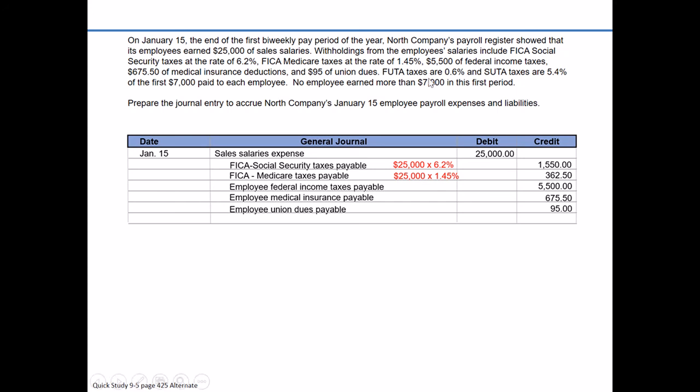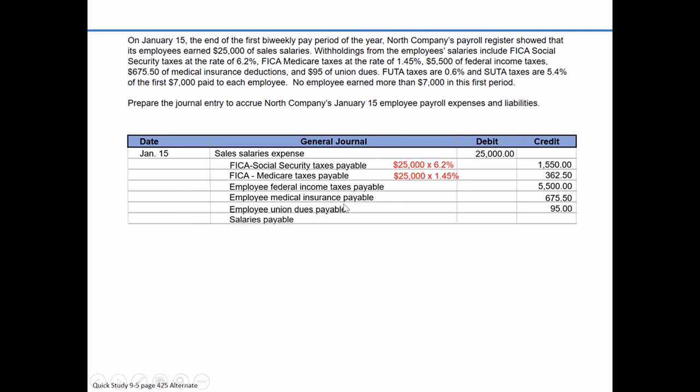Sometimes you may be given additional information that doesn't relate to the particular journal entry that we're recording. Unemployment taxes are not a deduction or withholding. They're an additional expense of North Company, but not a deduction from the employee's wages. And we'll have another journal entry and another problem where this will come into play. So we've got our total deductions,